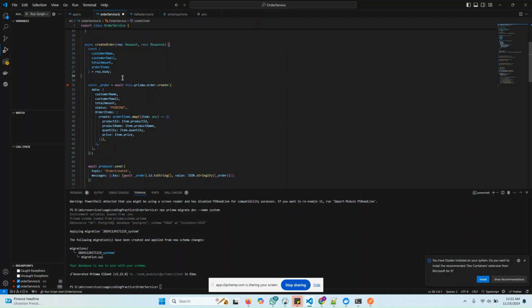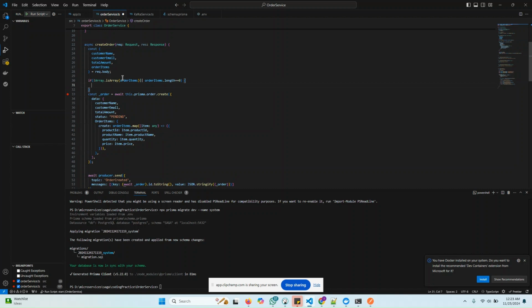So that is, if is array order items or order items dot length is equal to 0, it means that we are not receiving any product here. Then return